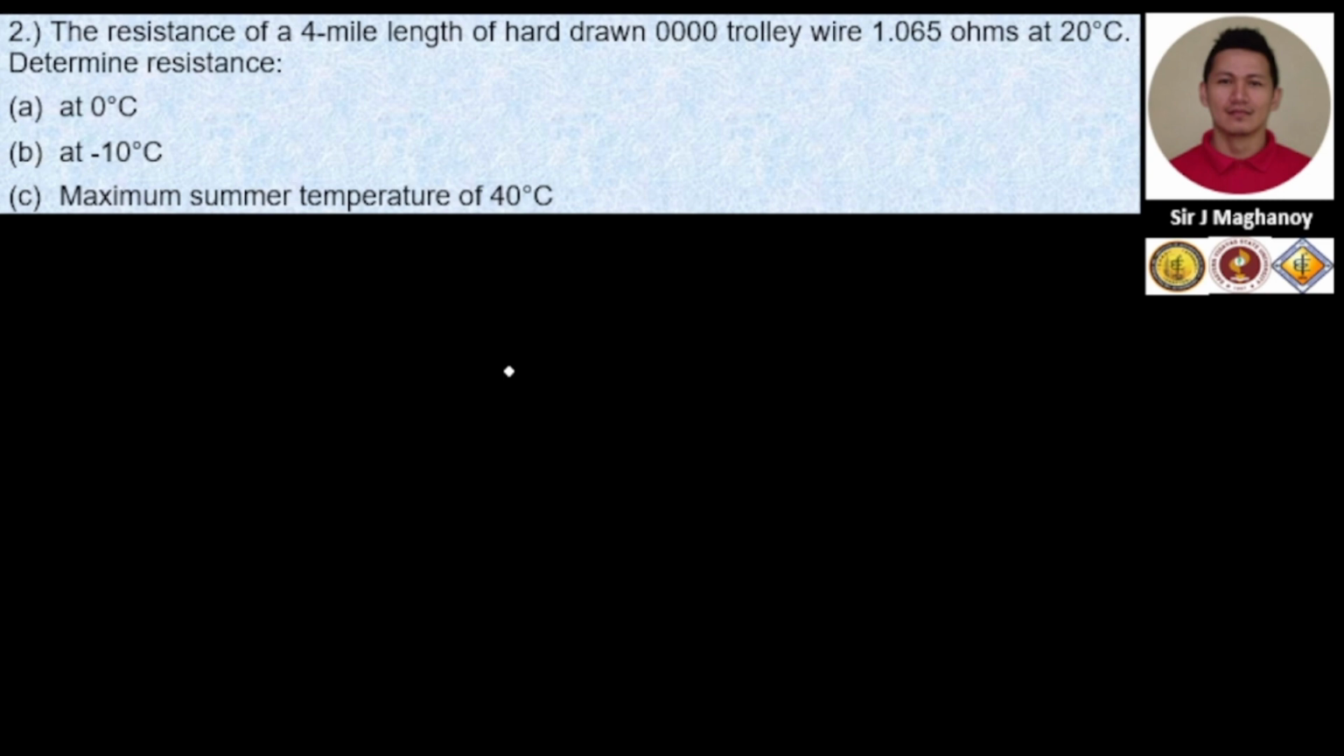he did not mention the type of material. He only mentioned hard drawn 4-0. So far, in my experience, I have only encountered hard drawn copper. So I assume that the hard drawn 4-0 trolley wire is made of copper. Okay, so let's assume it's copper because we all know hard drawn copper is the common material in